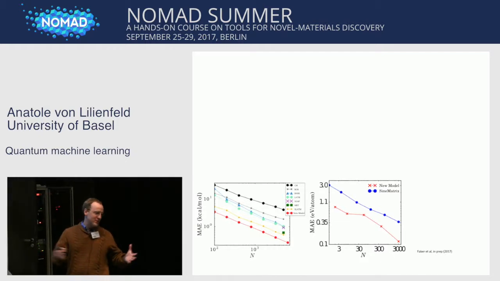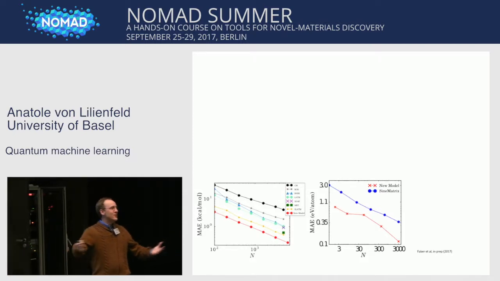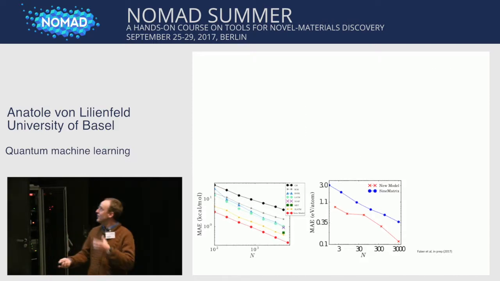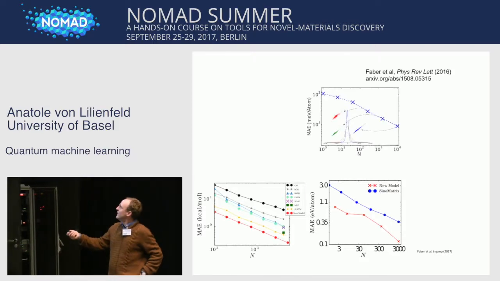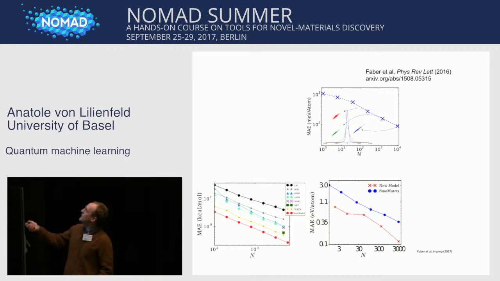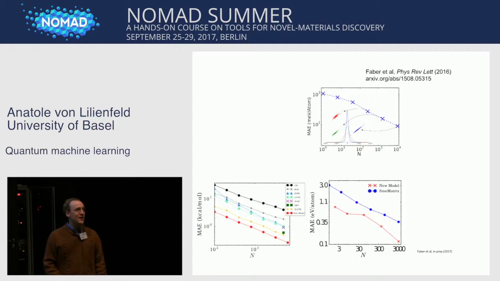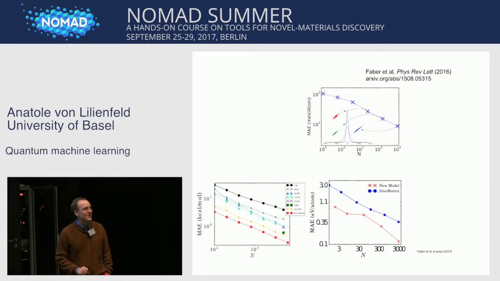All you have to do is expand your unit cell to include enough images so that your atomic representation is converged. Now, if you look at this with 3,000 crystals, we are roughly at 100 meV per atom. Just to remind you, previously we needed 10,000 to get to this level, and this was only applicable to one crystal structure symmetry.